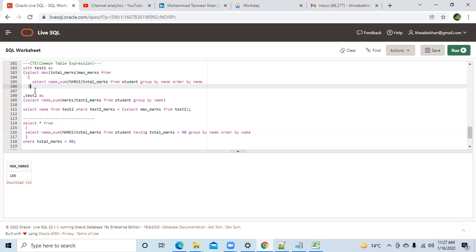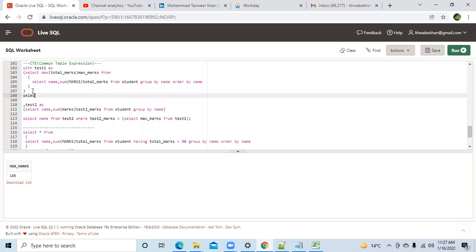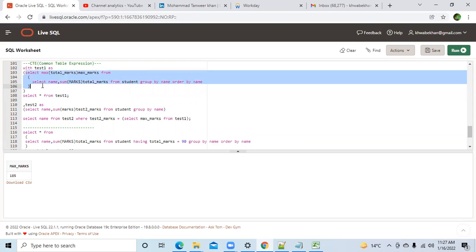Now, what I'm doing here is, CTE expression is very simple, nothing complicated. First of all, concentrate till here only. I have taken the output of this query, the output that you got from this query. This output I have routed to this test one. So I have told that okay, test one is a bucket, test one is a table. Please keep the output of this in this bucket. That is what I have done.